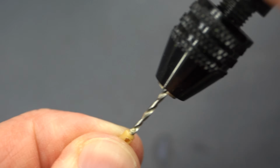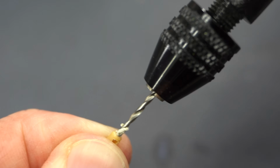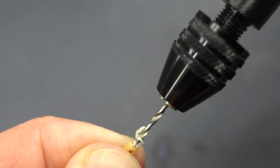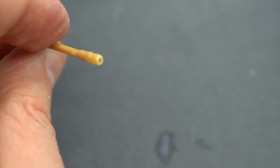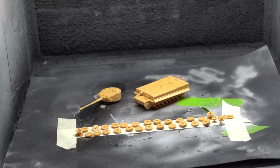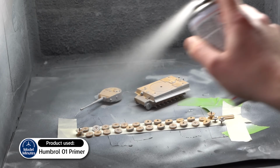I decided it would be nice to drill out the main gun barrel, so I used a small drill bit to do this. And with that done, it's now time to prime. As is quite typical, I'm going to be using the No. 1 grey spray primer from Humbrol,